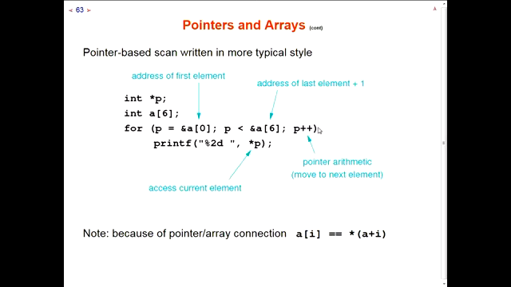And you increment the pointer, which allows you to move to the next element with the help of what is known as pointer arithmetic, as I will show you on the next slide. And then inside of the loop, you would access the current array element with the help of dereferencing the pointer. Because of the pointer-array connection, you can always, when you refer to an array with an index, replace this by dereferencing the address of the array,